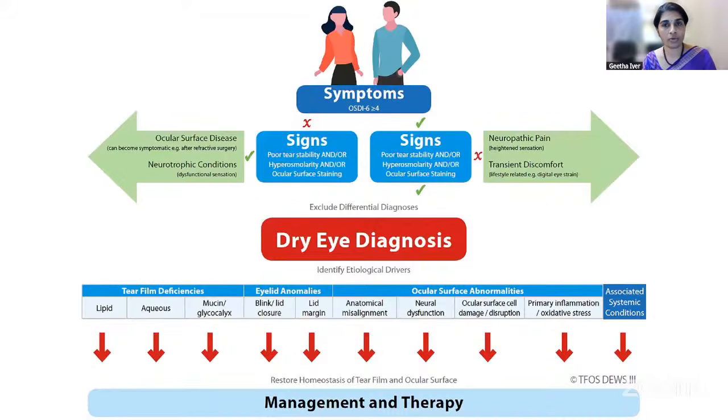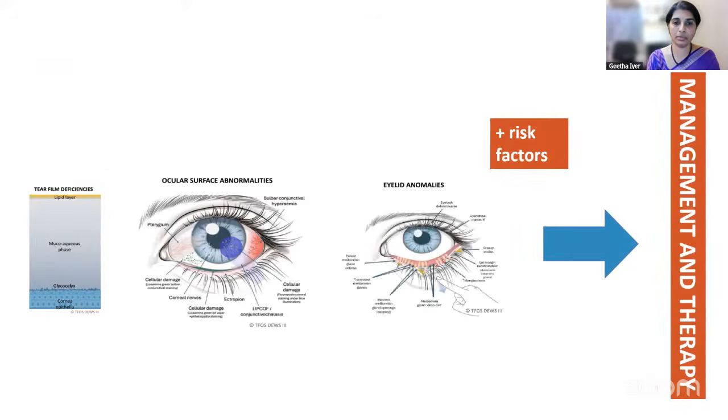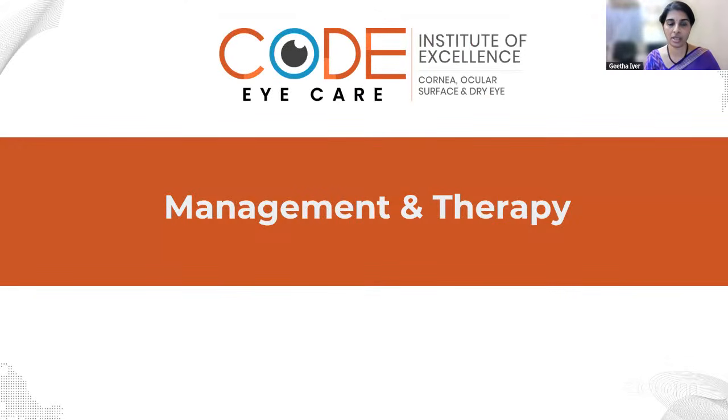So this is how the final algorithmic flow of the approach to a patient of dry eye disease is with DUCE-3. And for each of these three etiological drivers, the presence of any of these drivers plus the risk factors is what helps us decide how we would manage these patients, which brings us to the next report in DUCE-3, which is on